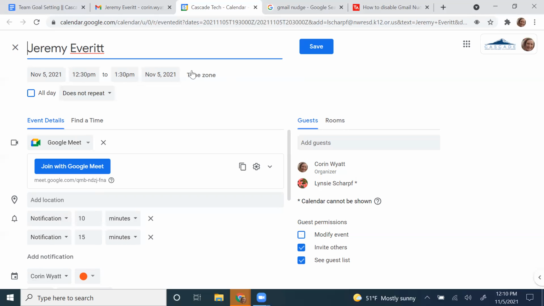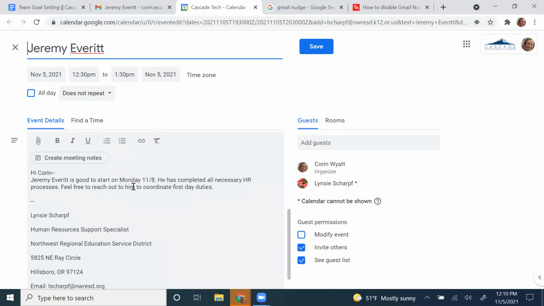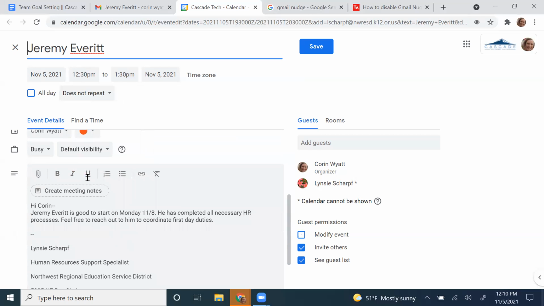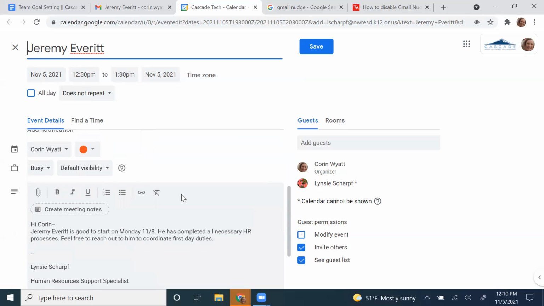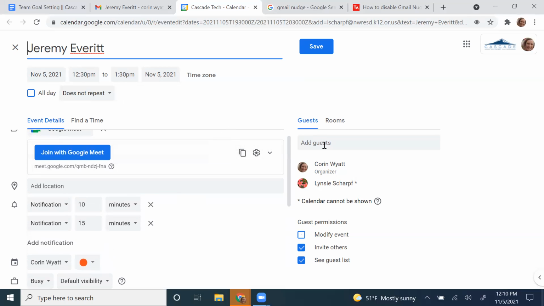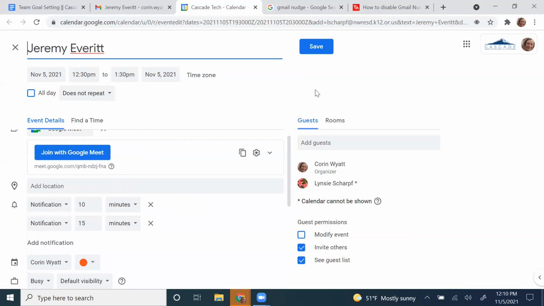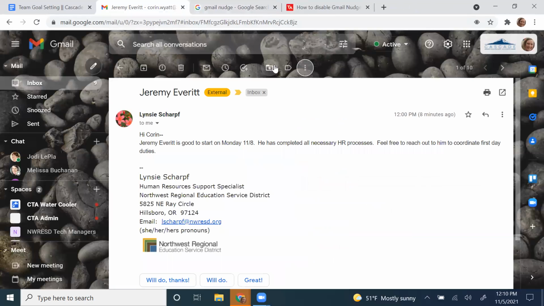So creating, it just launches your calendar. It puts the event right into your calendar. It puts all of the information from the message down in, not the body, but the details of the event itself. You can invite whoever you need to here. It automatically invites the person that sent the message or any recipients on a message if it's one that you created, and then you can just click save. So that's kind of nice.